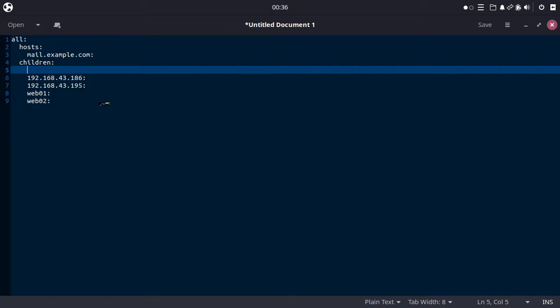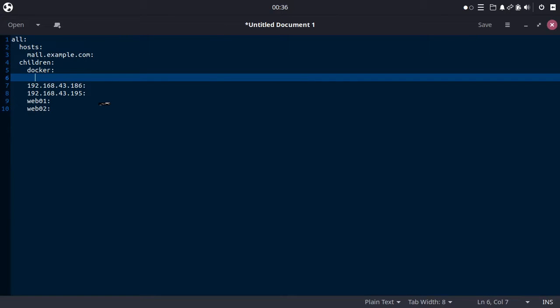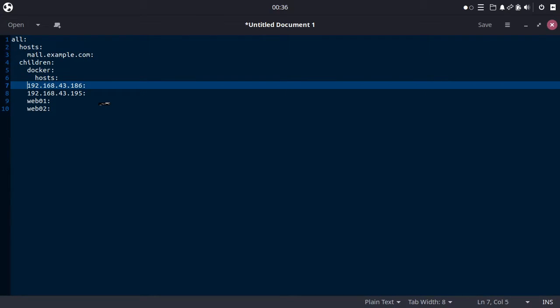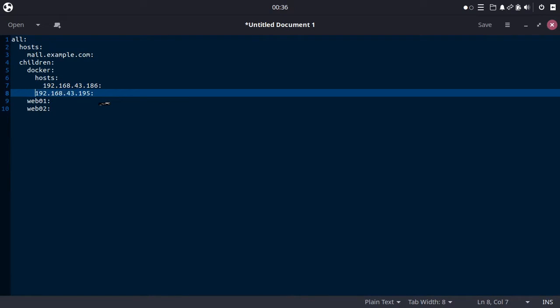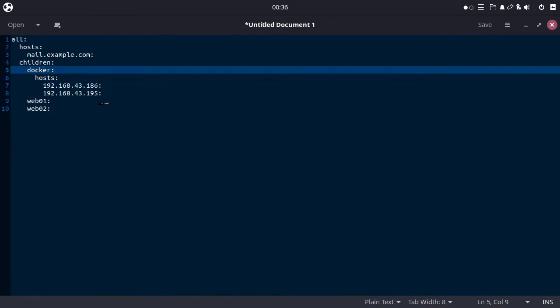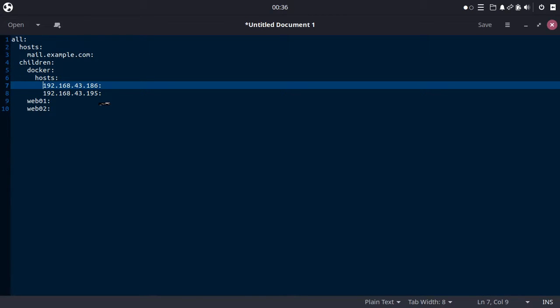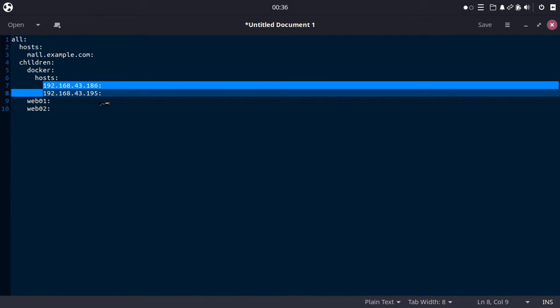Let's say docker, for Docker servers. And then we need to define the hosts, similar to this. Again, use the spacebar, not tabs. Now, the members of the Docker group are these two servers, right?